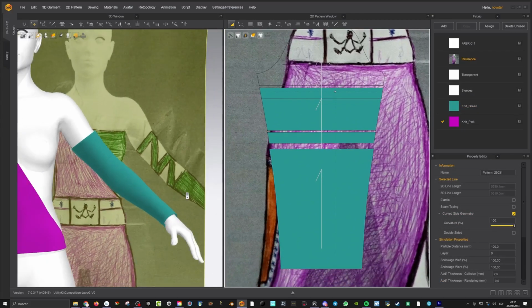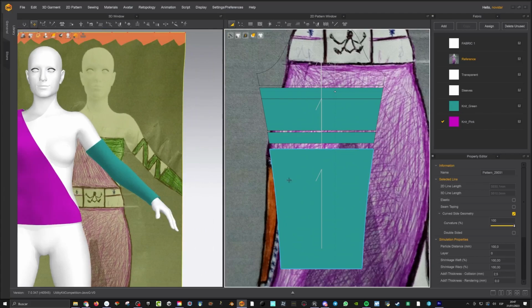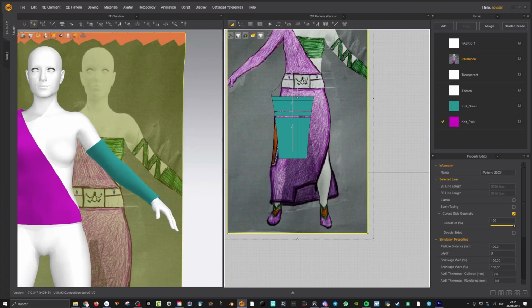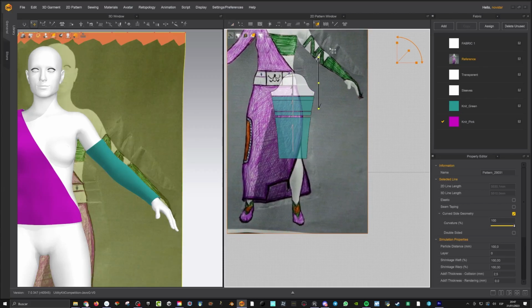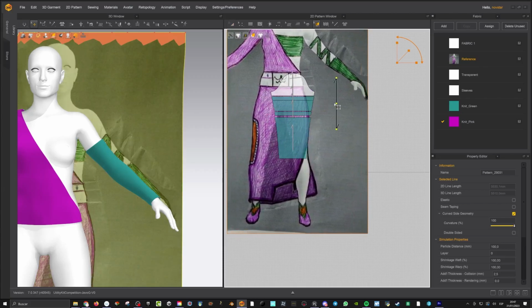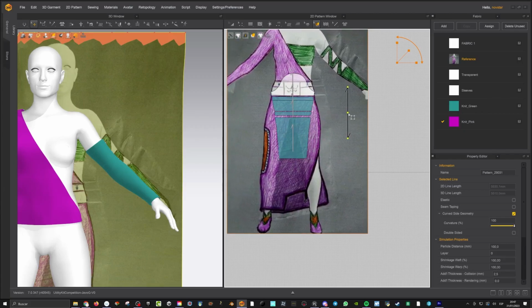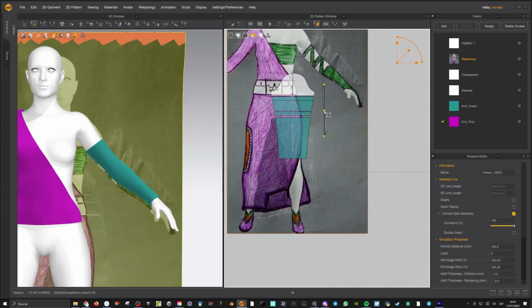Okay, and then the last one is like this, almost like a bandage, right? Almost like a bandage. Yeah. Okay, let's